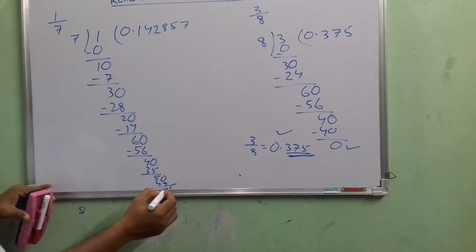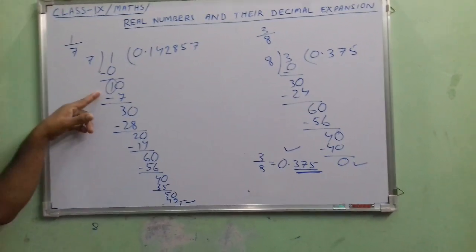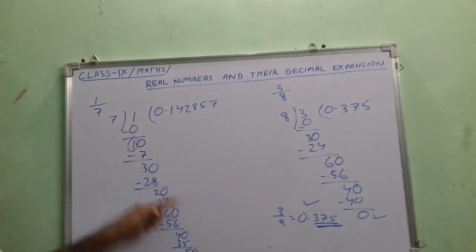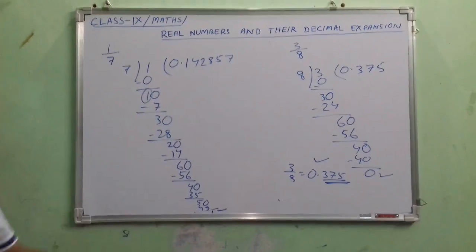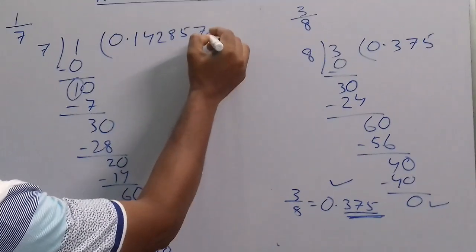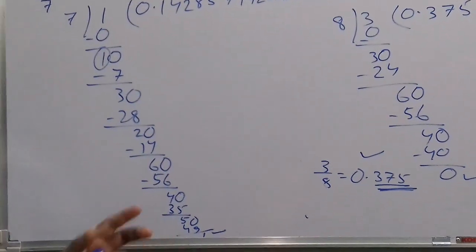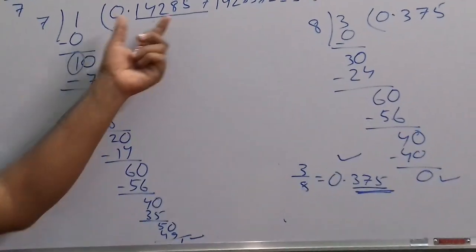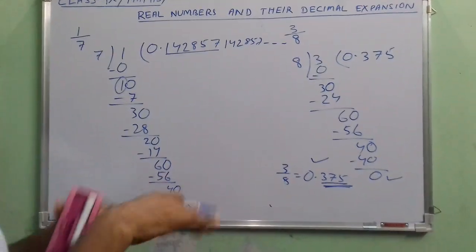So remainder becomes 1. Now you match this one. Here we got the remainder 1. Here again we got the remainder 1. That means the same thing will be repeated now. If I take 0 here, again this will be repeated. That means again I shall get 1 4 2 8 5 7 like that, right? So 1 4 2 8 5 7, these 6 digits are being repeated one after another in a cyclic manner.